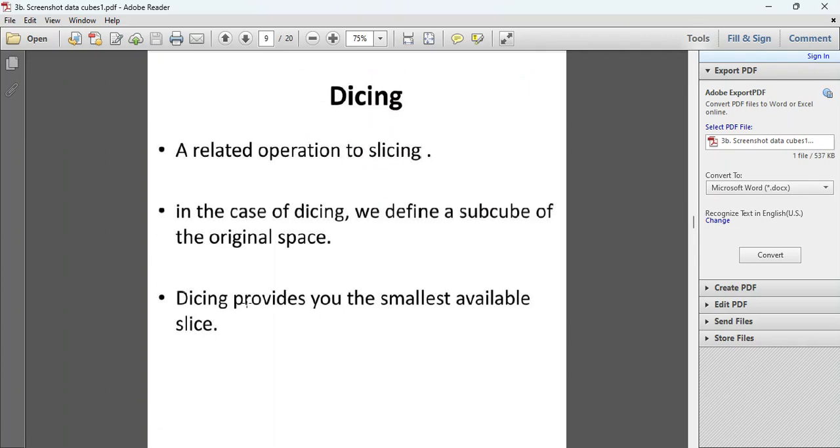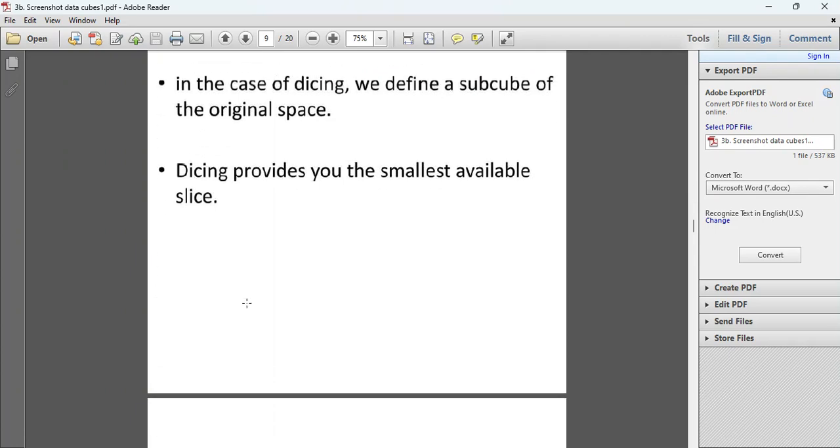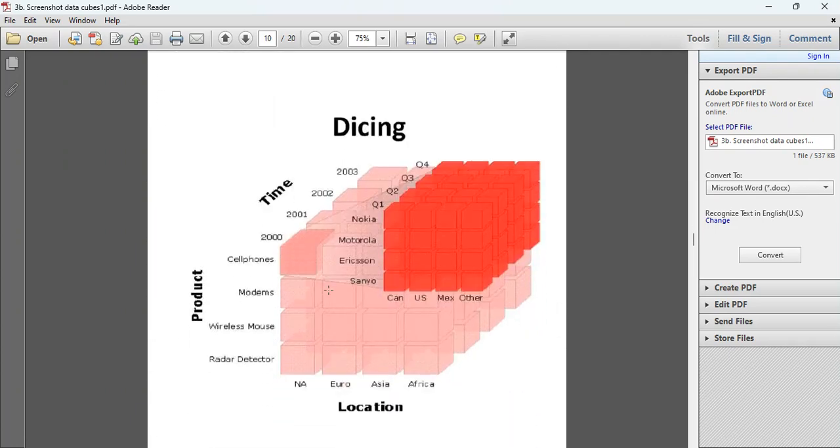Here we see in two dimensions only one slice, but in the case of dicing we are getting more than two dimensions like this. If you go with this dicing concept, here we are extracting this cube. What does this cube contain? This cube contains the information of the cell phones of the year 2000 of which location? North Atlantic location. So in this cube we have some sub data, which are the cell phones Nokia,